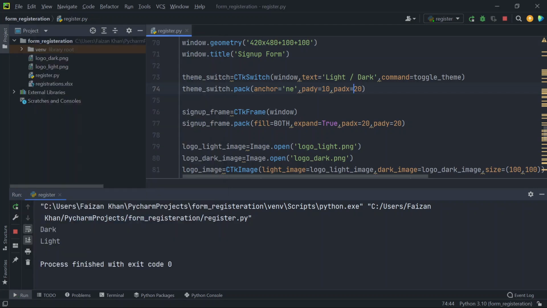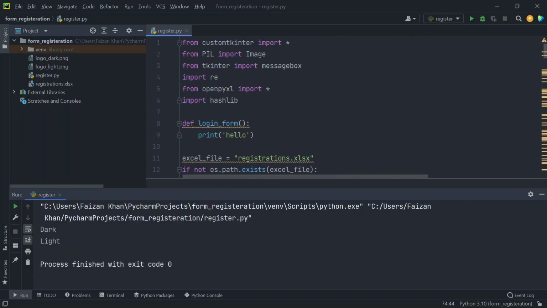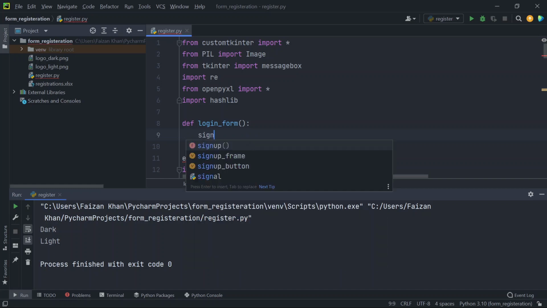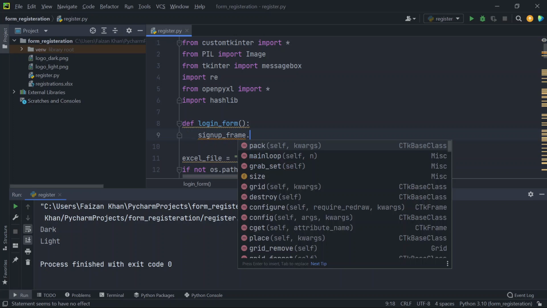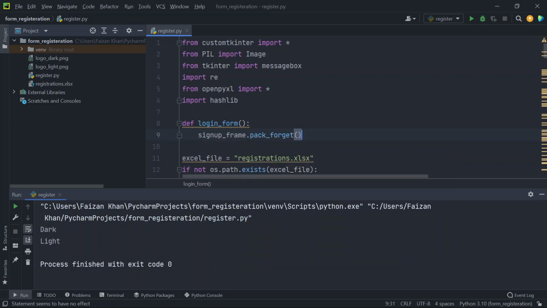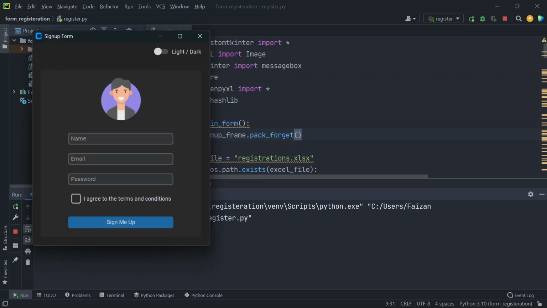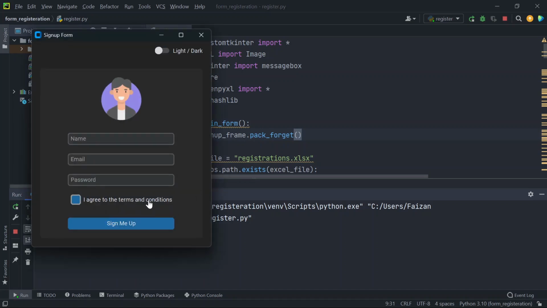Now let's come back to the functionality of this login form. So once we'll click on the login button, right, what we want is our sign up frame to get closed, right? So to do that, we'll use this pack forget method. Okay, now once I run this, and as soon as I'll click on this,